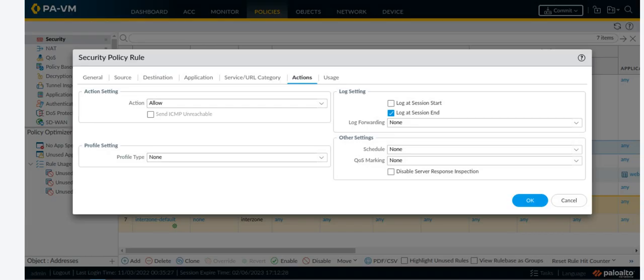Okay. Also, I want to explain the difference between session end and session start. Best practice is already selected. The reason, let me give you a practical reason. For example, if you do this,